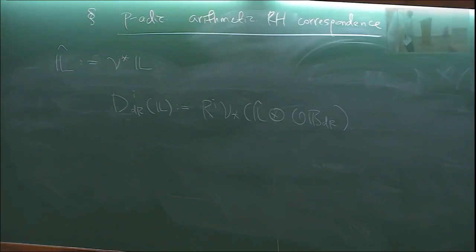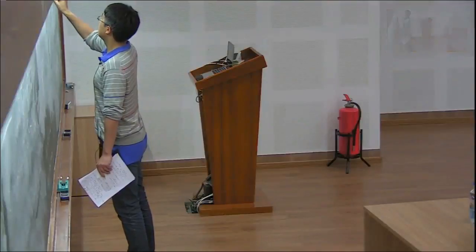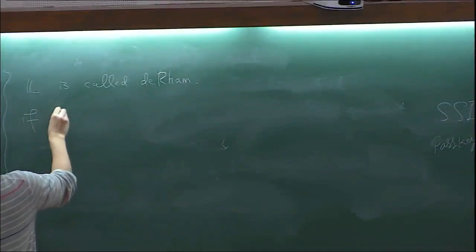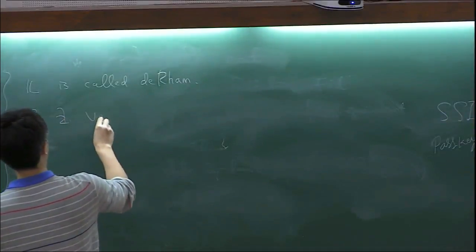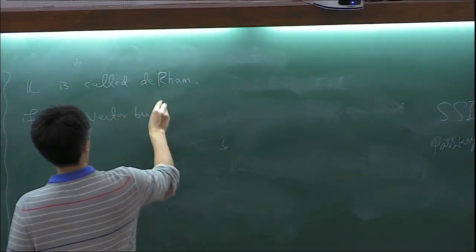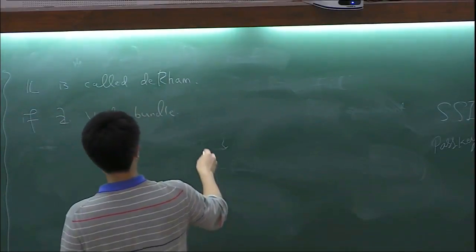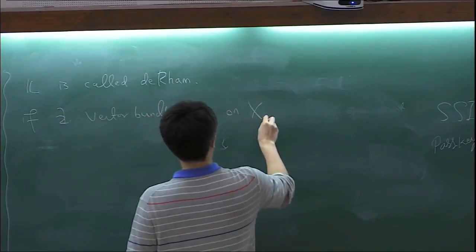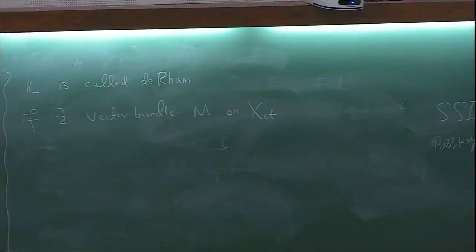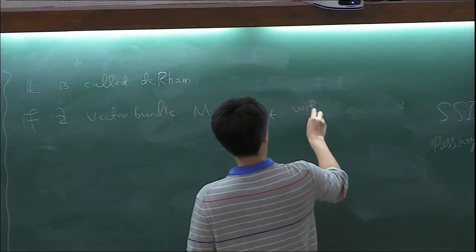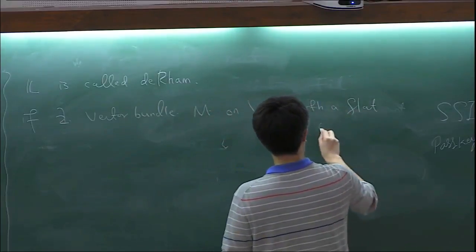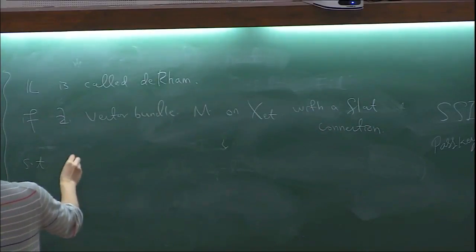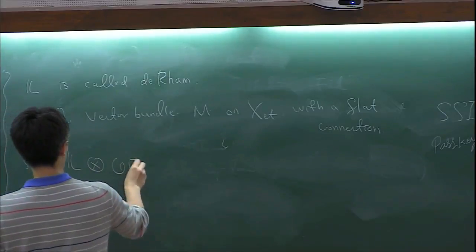So L, for example, a local system is called de Rham if there exists a coherent vector bundle, say M, on X with a flat connection, such that L tensor with this O\mathbb{B}_{dR}